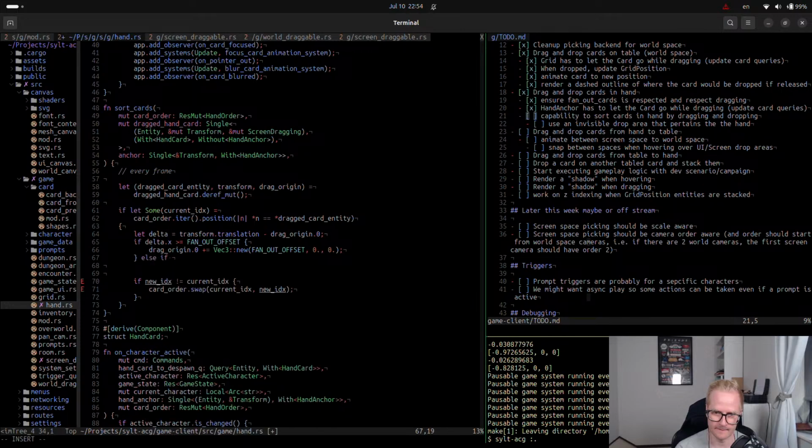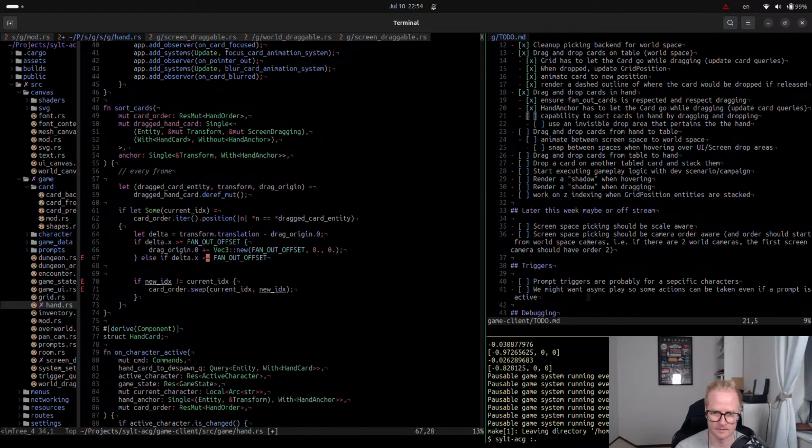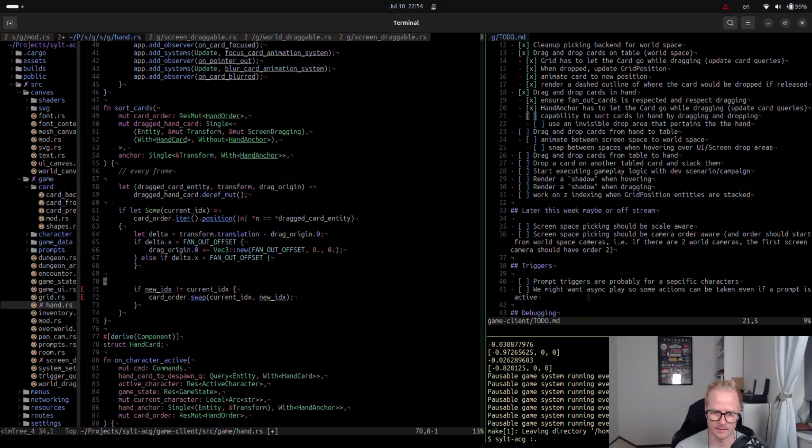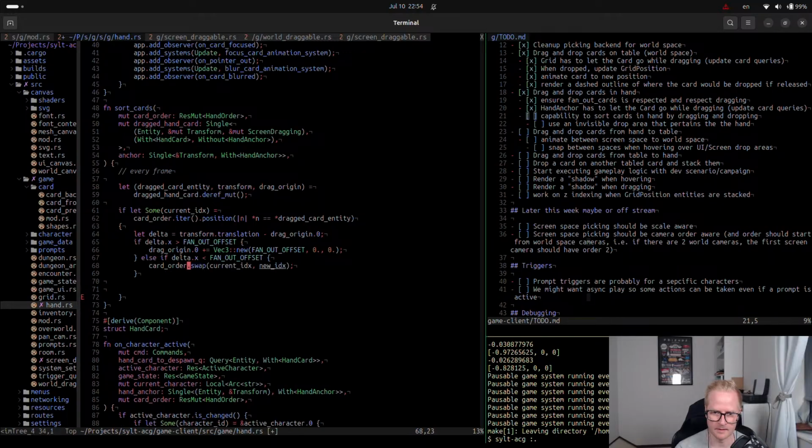Else if delta x is, hold on, yes, delta is less than or equal to, actually just do greater and less, then swap the current index,